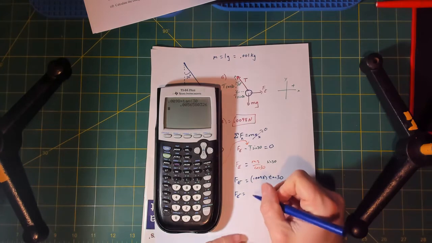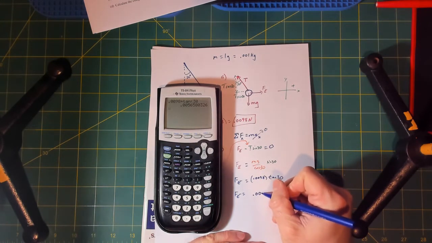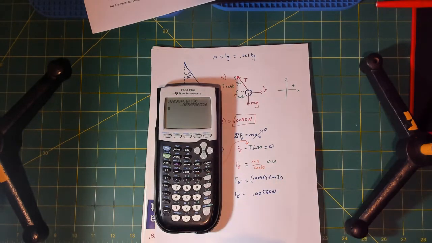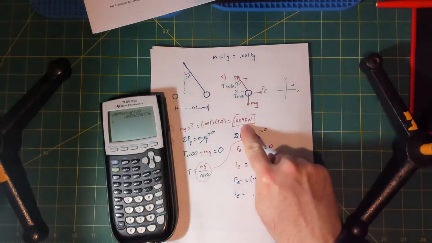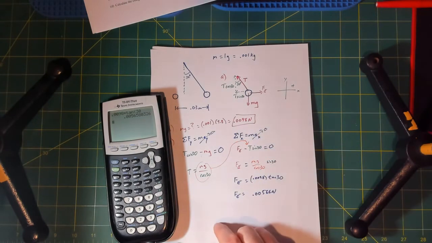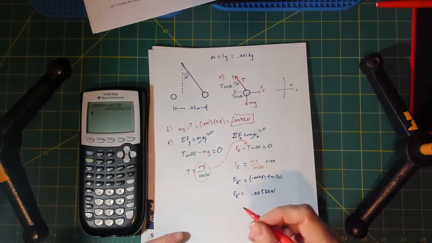My calculator tells me that electrical force should be 0.00, we'll round 566 newtons. Teeny tiny electrical force. That's okay. We have a teeny tiny gravitational force too, right? It's a really tiny lightweight pith ball. All right. And so now what we want to do in part D is they say, hey, can you calculate what